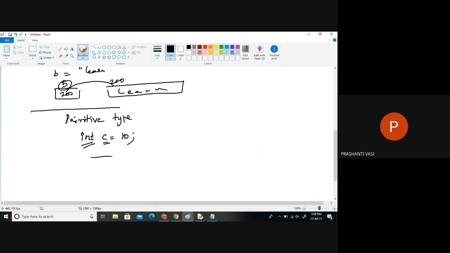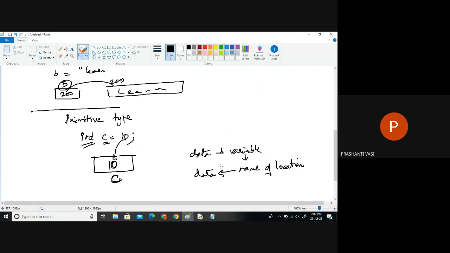Immediately some memory is allocated for this variable, and inside this memory only the data will be loaded. So in one cell whose name is C, inside that location only we'll find the data. So here data and the variables are not different. Here the variable is the name of some location on the RAM, and inside that location only data is found.